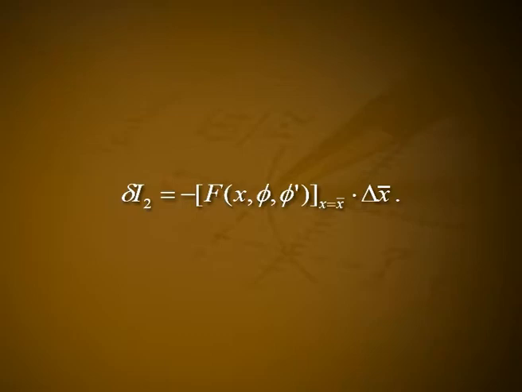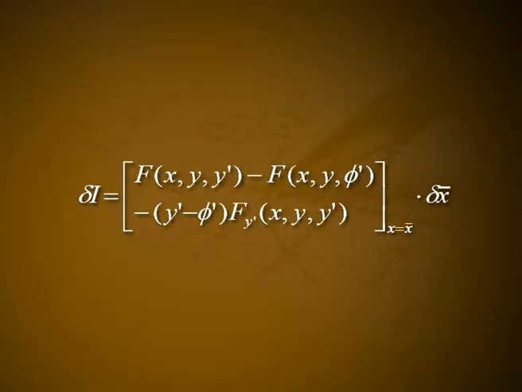This gives delta I2 is equal to negative of f of x comma phi dash at x is equal to x bar into delta x bar. Let it be equation number 23. Combining equations 22 and 23, we find that delta I is equal to f of x comma y dash minus